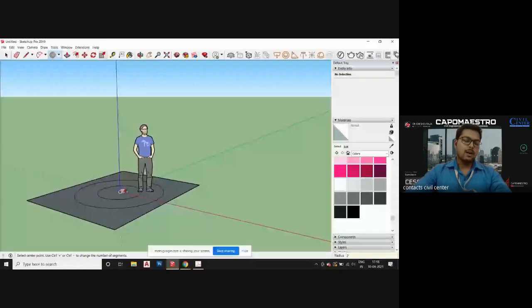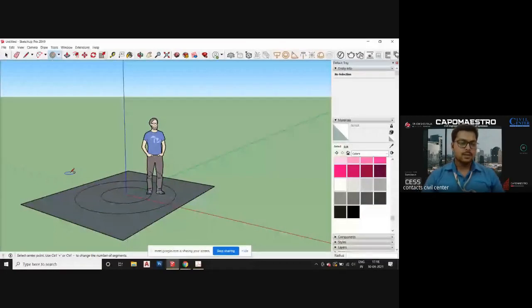Now you can use the push-pull tool to give it a 3D view. Use the push-pull tool and go to the inner circle. Over here, you can see this is the push-pull tool. You can select the surface and pull it to any height. Let's make it 5 feet.